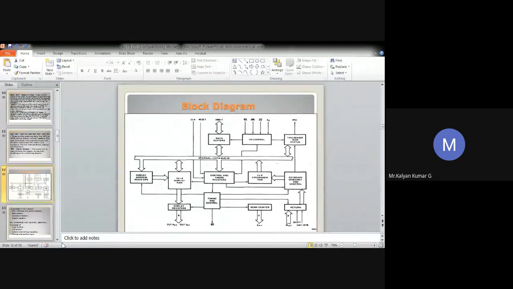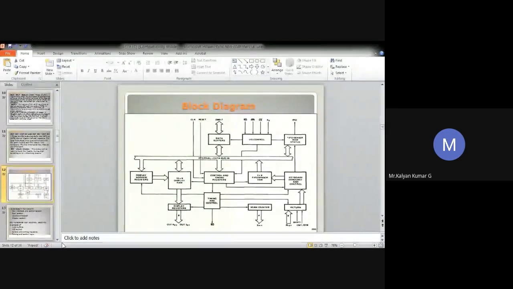Input is your keyboard mode, and output is your display mode. For input mode, again we have three different modes: scanned keyboard, scanned sensor matrix, and strobed input. Whereas for output, we have display scan and display entry. Apart from this, you need to go through the command word formats also available for the keyboard. There are 8 different command words available, so you need to go through them also.